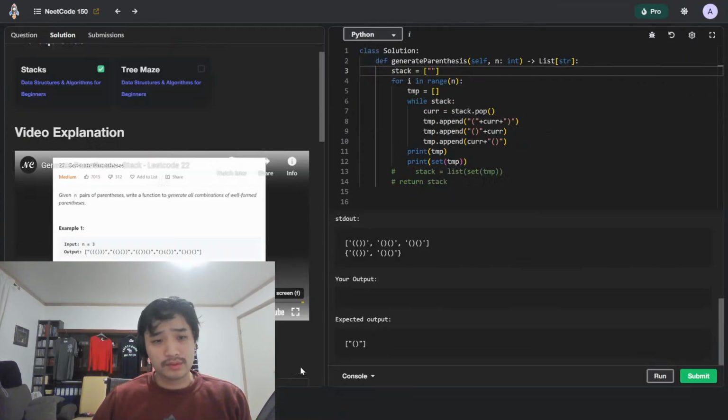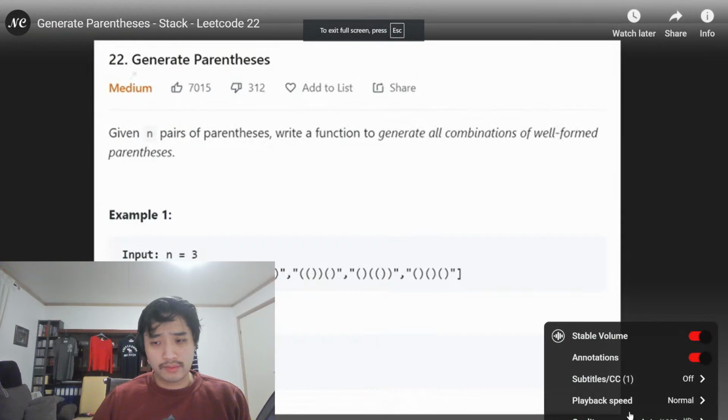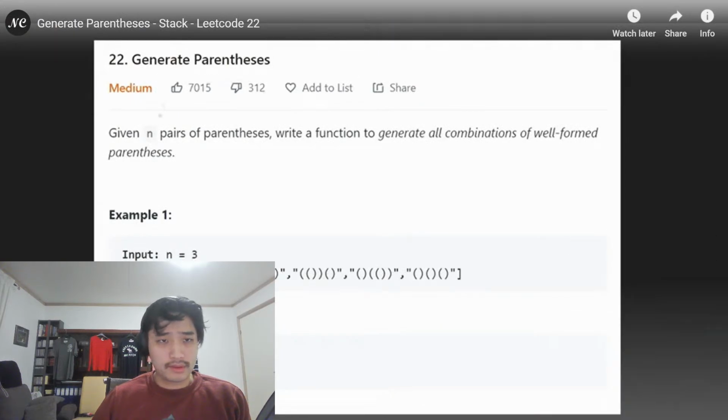Hey everyone, welcome back, and let's write some more neat code today. So today let's solve generate parentheses. So we are given a certain number n pairs of parentheses. We want